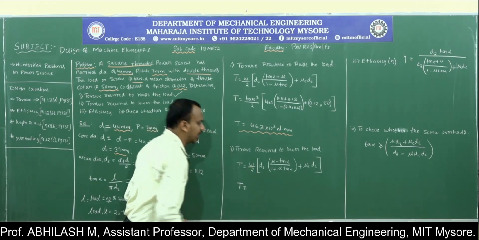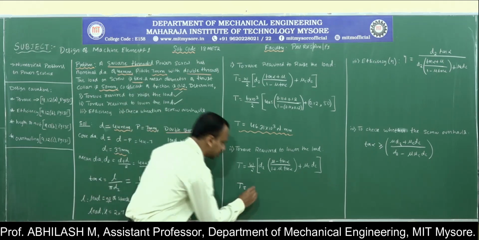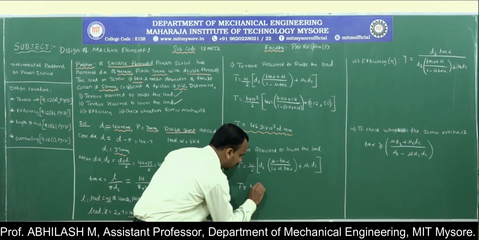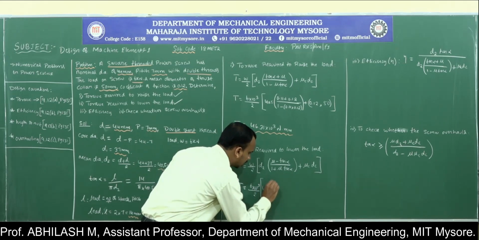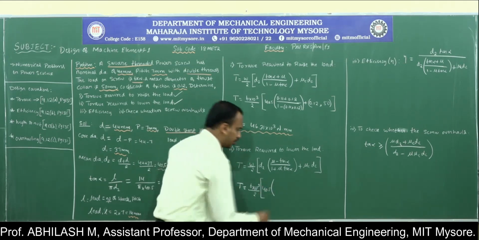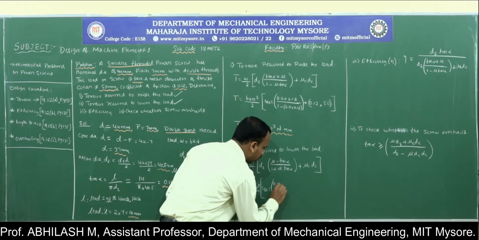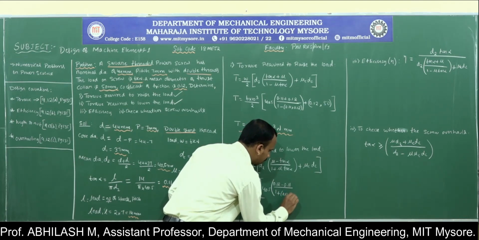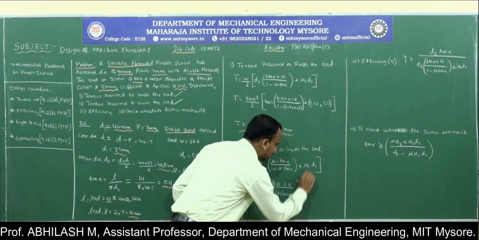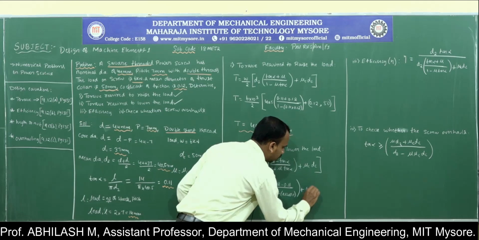So how much is the weight that it has to carry? 6 kilonewton. Convert that into Newton, divided by 2. The mean diameter of the collar is 40.5. The coefficient of friction is 0.12. The tan alpha is 0.11. So 1 plus 0.2 into 0.11, plus the mu C value is 0.12 and dC value is 50.